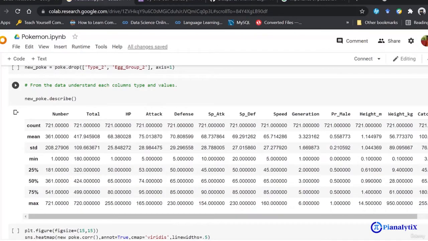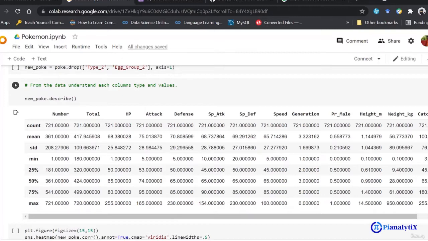So this is the describe function that I have used. Now the describe is used to view some basic statistical details like percentile, mean, standard deviation, etc. It basically summarizes for you all the integral data that you have in your data set.